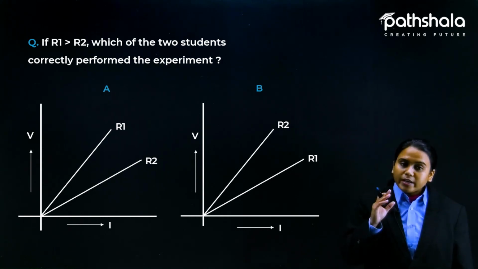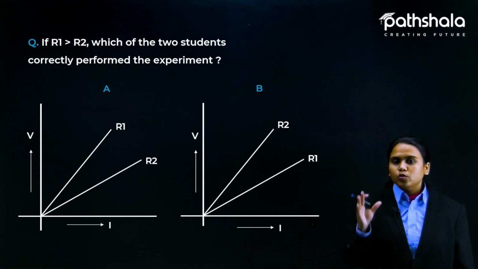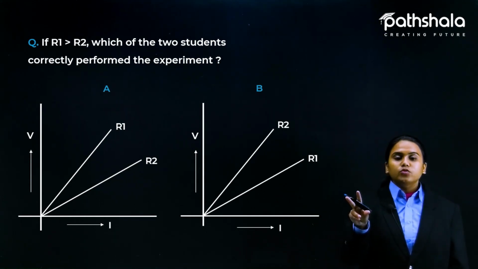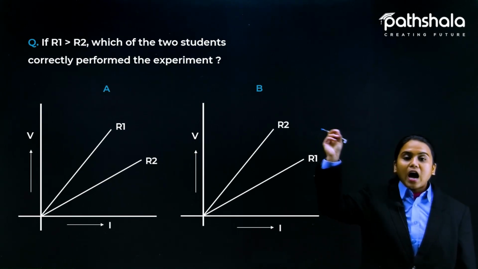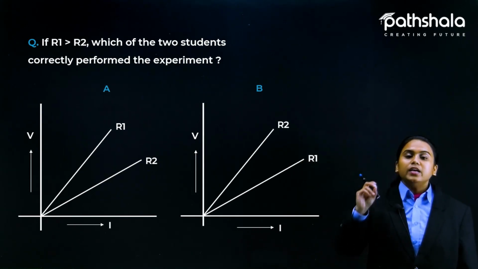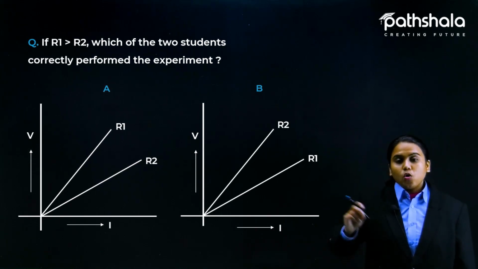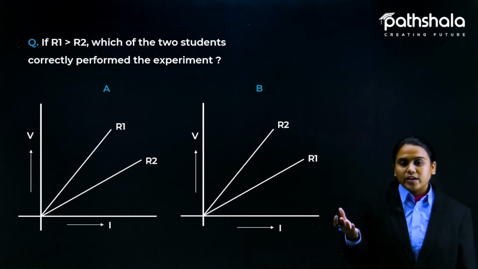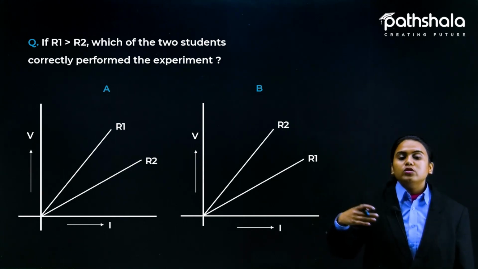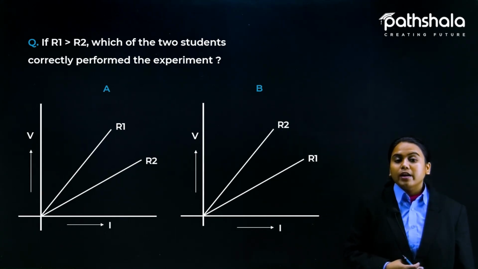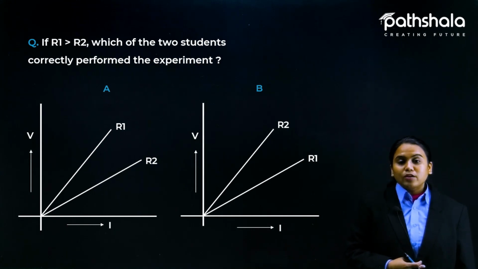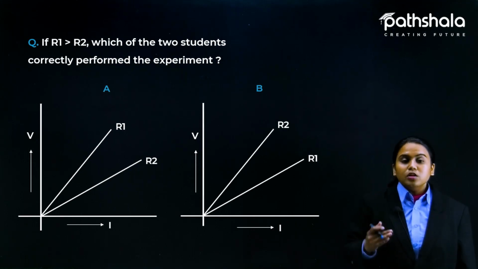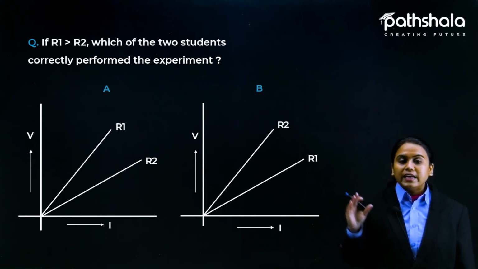That has already been mentioned by the instructor to these students. I am providing you two resistances here, students, and R1 is actually greater compared to R2. One of the instructors is asking another student which of these two students has drawn the graph correctly. Of course, because R1 is greater and R2 is smaller, A has drawn it correctly, students.